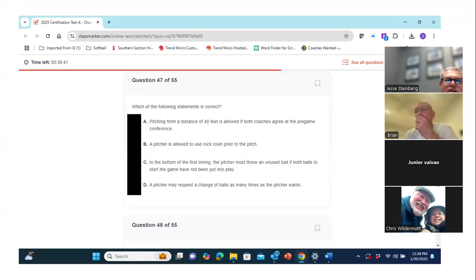Which of the following statements is correct? This has to do with pitchers.